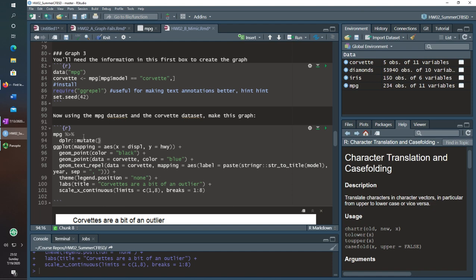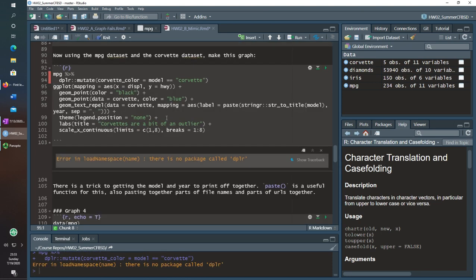So in this case, I want a column where the name is Corvette color, and I want it to be a logical vector, or a number or whatever it is, but a logical vector will be the easiest. So let's say I want it to be equal to the answer to this question. Is model equal to Corvette?